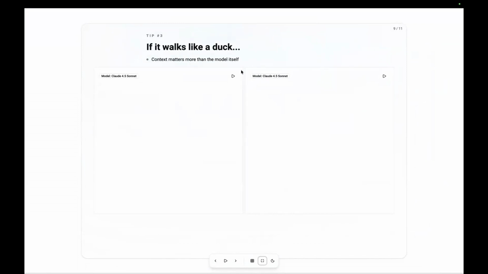Tip number 3: if it walks like a duck and talks like a duck, then it probably is a duck. It's a famous saying. But for AI models or AI chatbots in general, this probably is not the case. What I mean by that is with AI chatbots, you don't really know what's going on underneath. You don't really know if you're getting the best outcome that you can, because you don't see the context around it. And in Cursor,